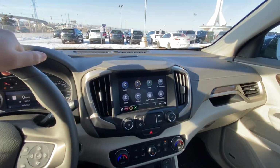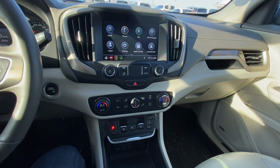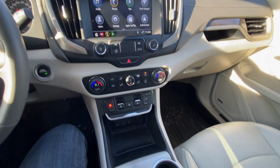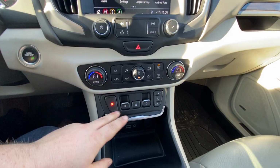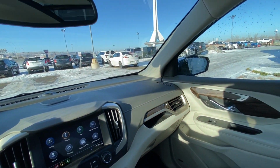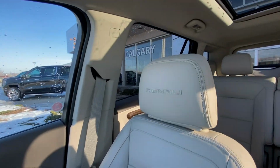Push button ignition, nice large 8-inch touchscreen, navigation, Apple CarPlay and Android Auto, dual zone climate control with heated and ventilated front seating. You have your 4-wheel drive, 2-wheel drive settings there as well. Gear selector in the center, that beautiful two-tone Denali interior with the Bose audio, and our leather heated ventilated Denali